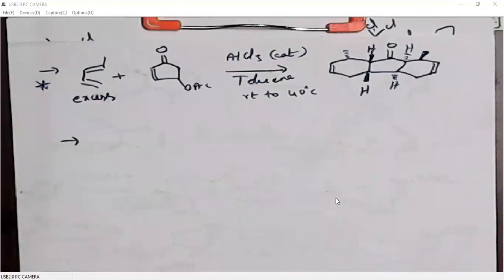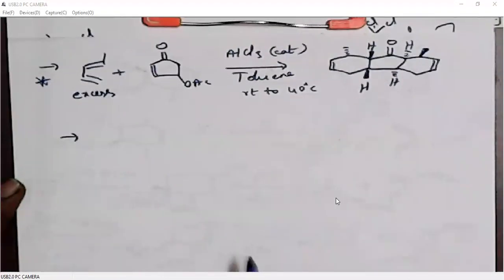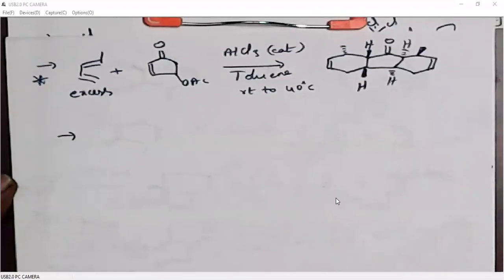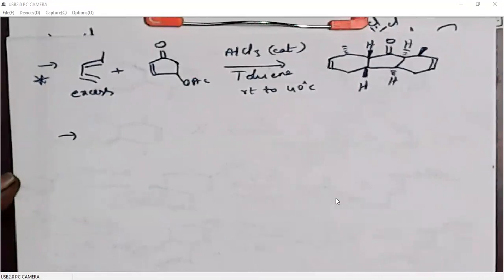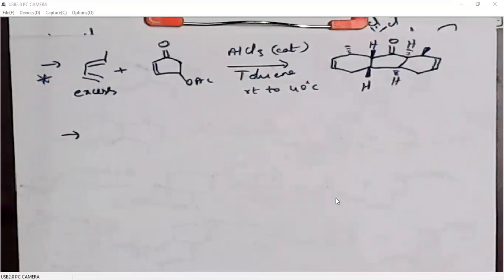Okay. So exo is more stable than endo, right? When we look at thermal stability, the exo product is more stable than endo. But here what we are discussing, we are getting only the endo product, not the exo product. Why? Because endo products have additional secondary orbital interactions. So that is a stabilizing interaction, right?